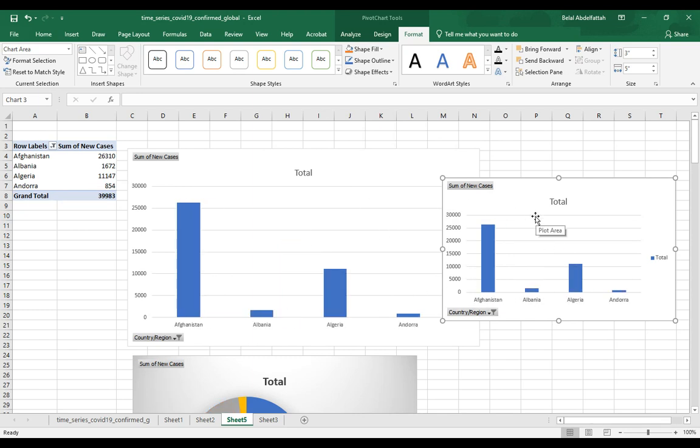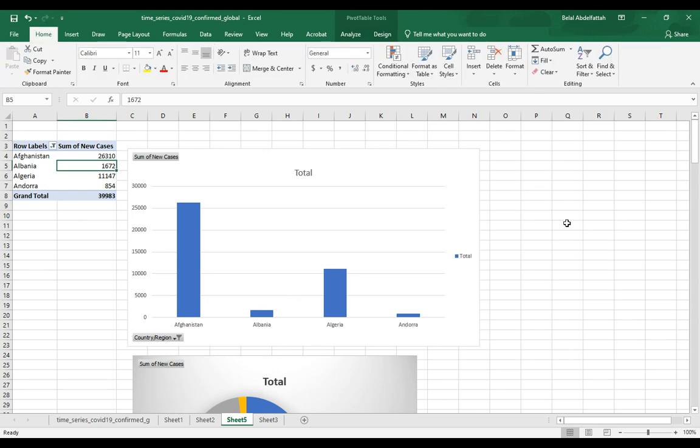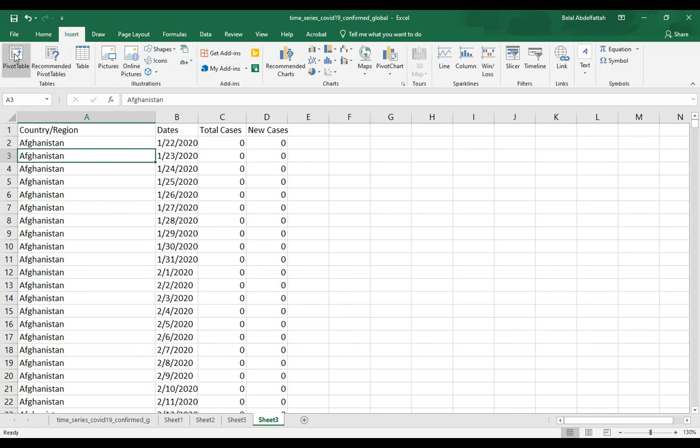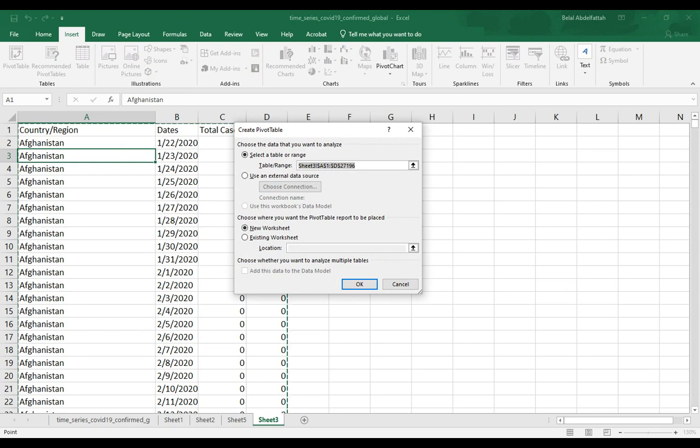Even though I have two bar charts, they're both changing because they're referencing that same table. And that's what I mean by you'd have to create a different table, and tie in that chart to that pivot table. So one way you can do that is to go ahead and select a pivot table again,